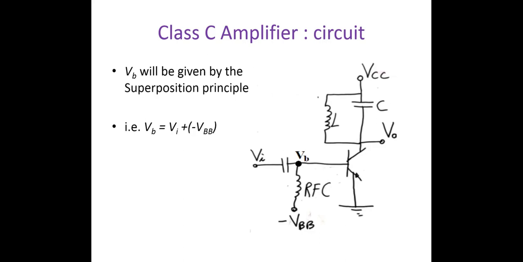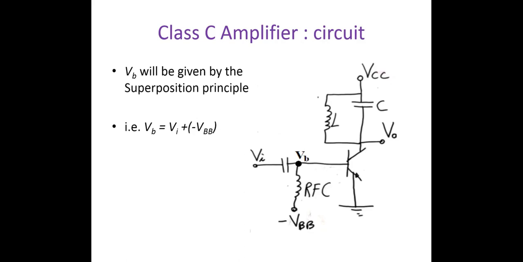So now let's have a look at the circuit. You can see that between the collector and the voltage supply, an LC shunt resonance circuit is inserted, and the load then may be connected in parallel to the LC circuit. On the input side, you can see that we have negative biasing for the base, and this is what results in a duty cycle of less than 50%.